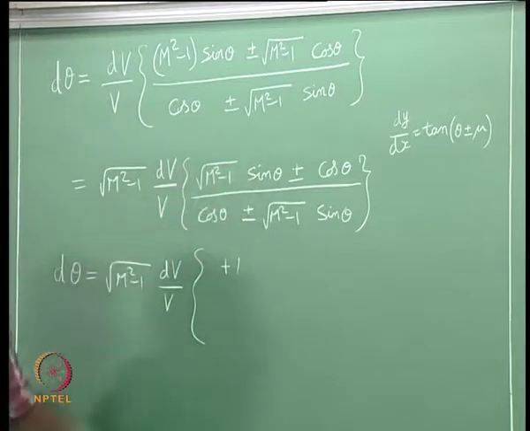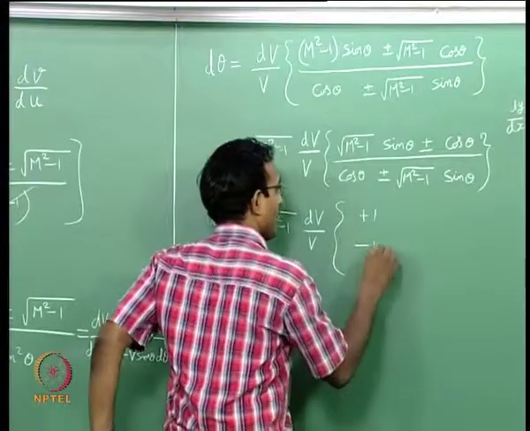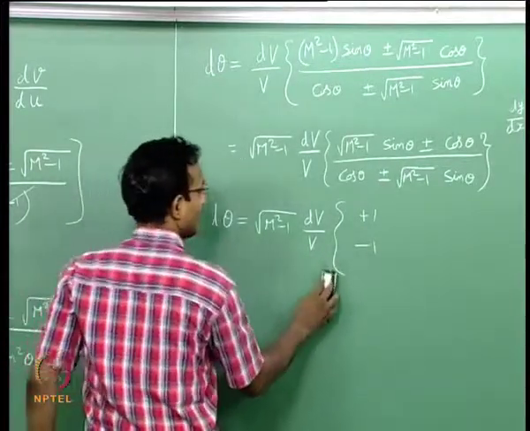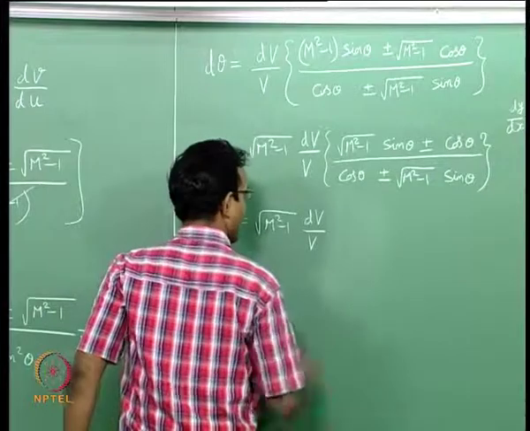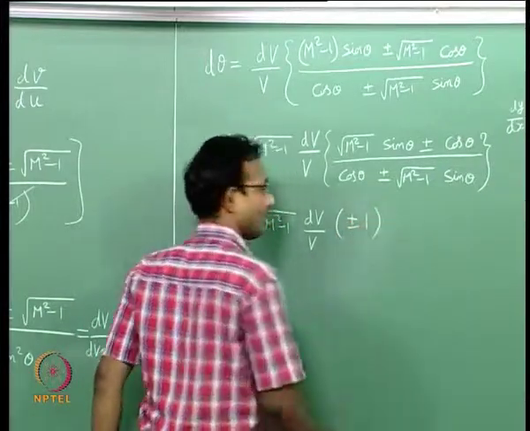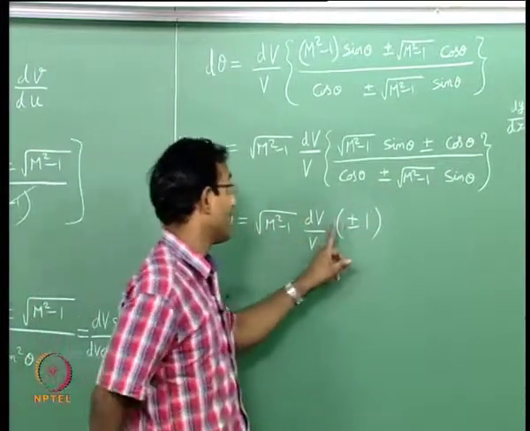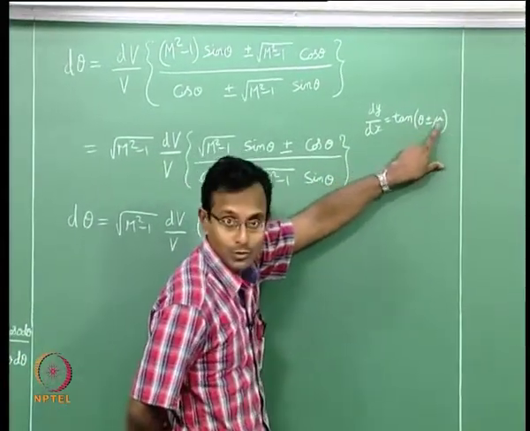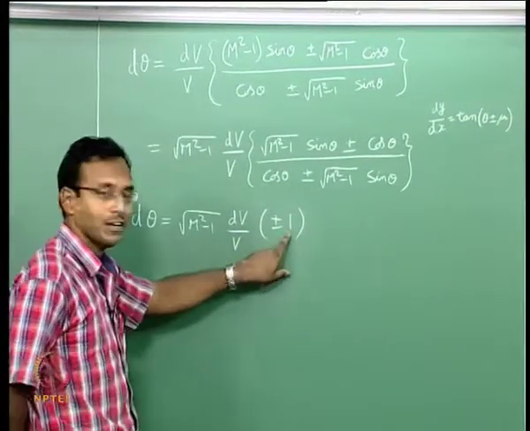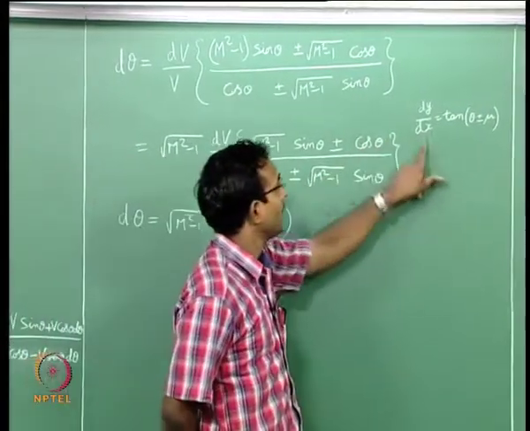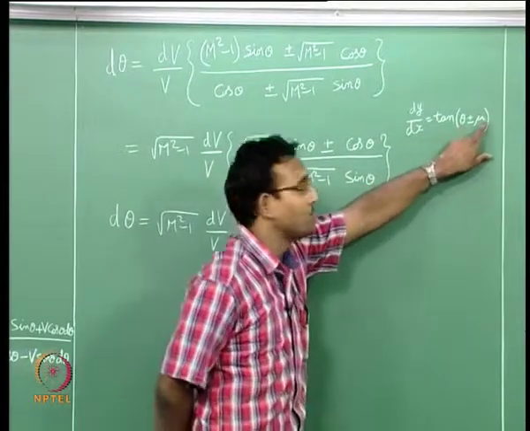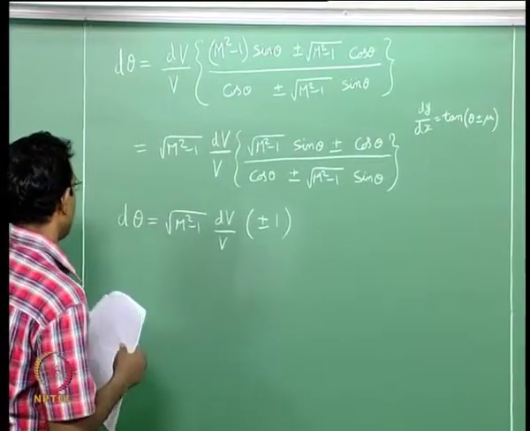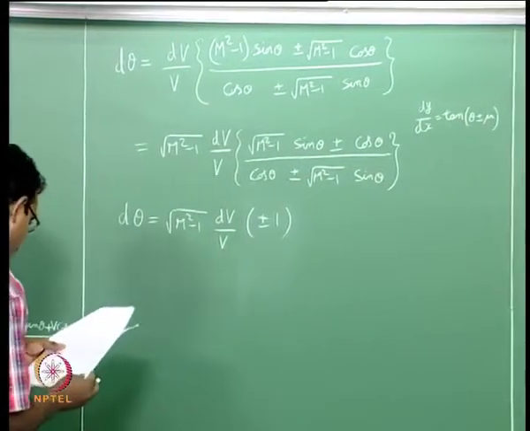So, this will give me a minus 1. I will have a plus 1 or a minus 1, two solutions. This we typically write instead of like this, we will write it as multiply this with plus minus 1, where now we have to again think back, dy by dx having tan of theta plus mu corresponds to this plus 1 here, and dy by dx corresponding to tan of theta minus mu corresponds to this minus 1 here. Okay. So, those are specific relations we are getting for those two directions.